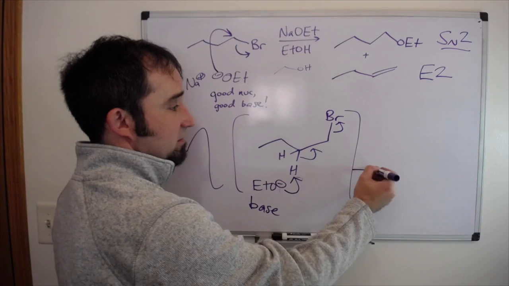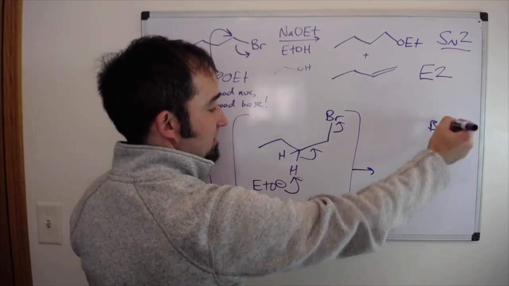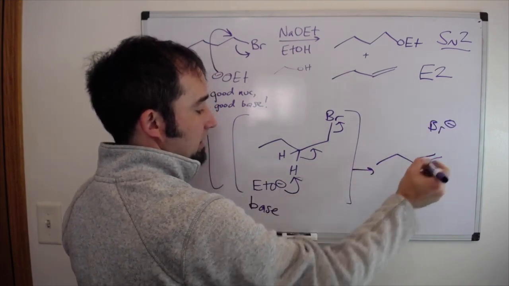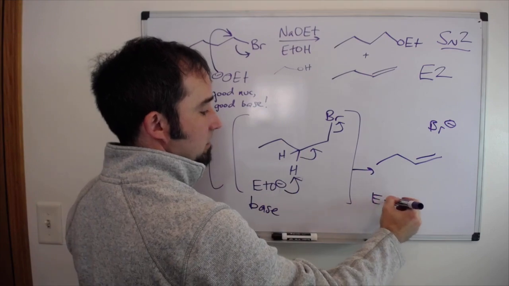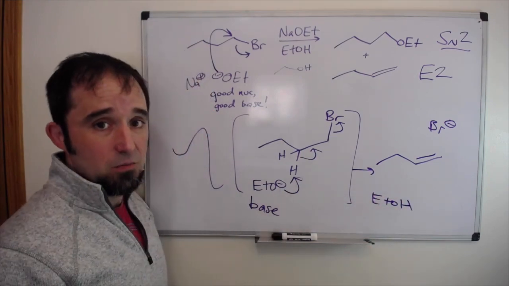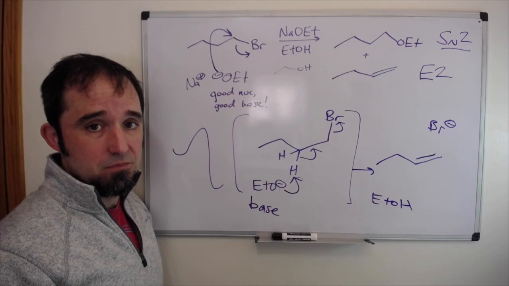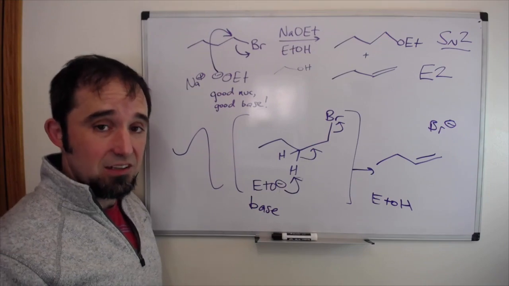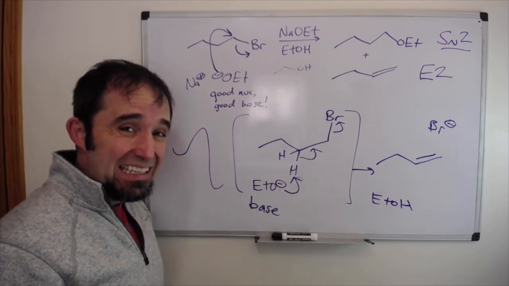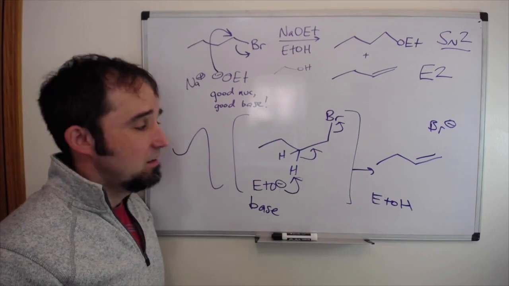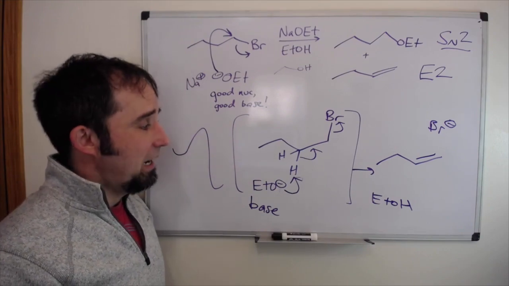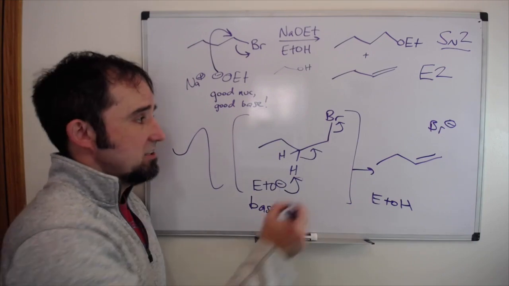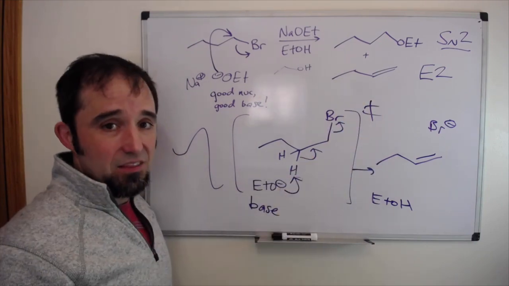So at the end of all this, what I have is bromide by itself as a leaving group, an alkene, and in this case, ethanol, because my base took that proton. Again, elimination reaction. Elimination reactions give alkenes as products, and this is bimolecular because 2 molecules are in the transition